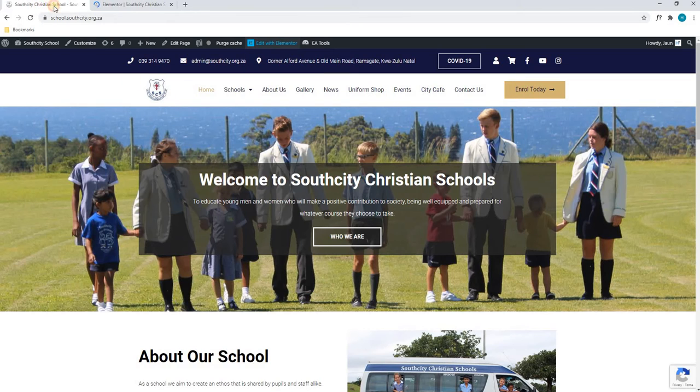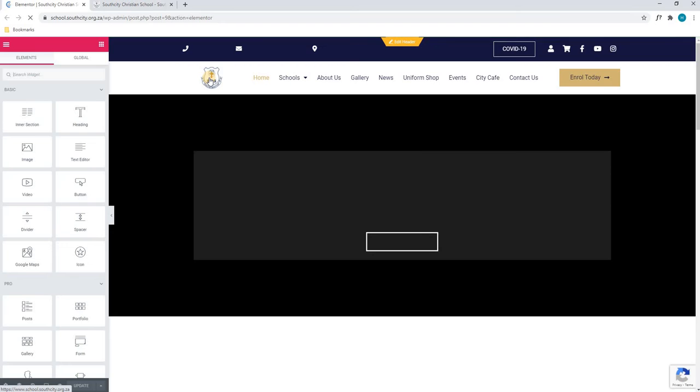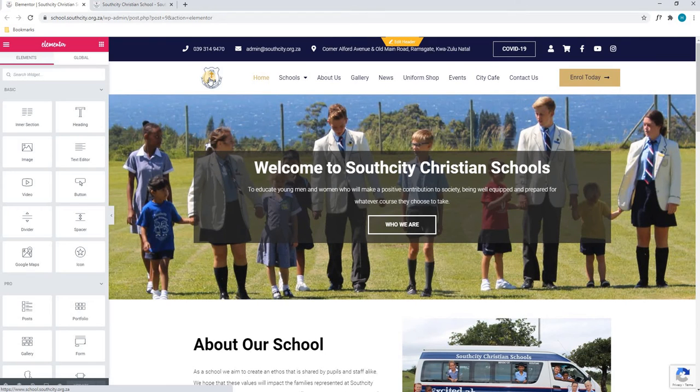For the time being, I will move this tab to the right and we will have our new tab, which is the backend, located on the left. Next, we will use our mouse cursor to navigate around the site. As you can see, while we move our mouse cursor around, certain sections will be highlighted with borders, either blue